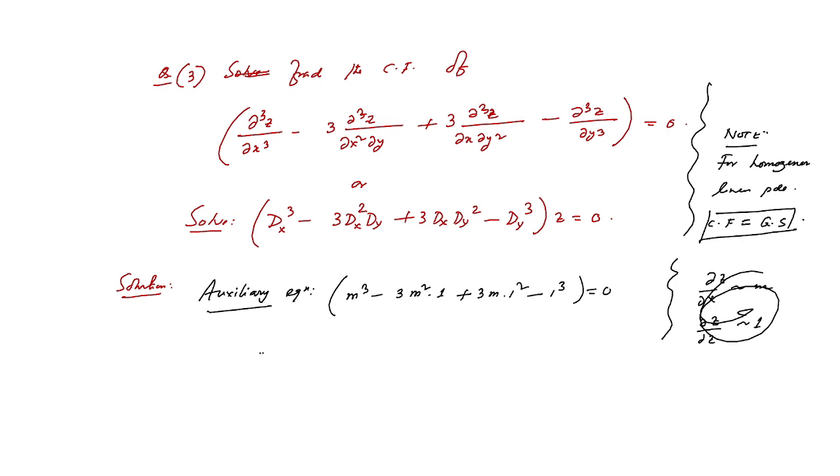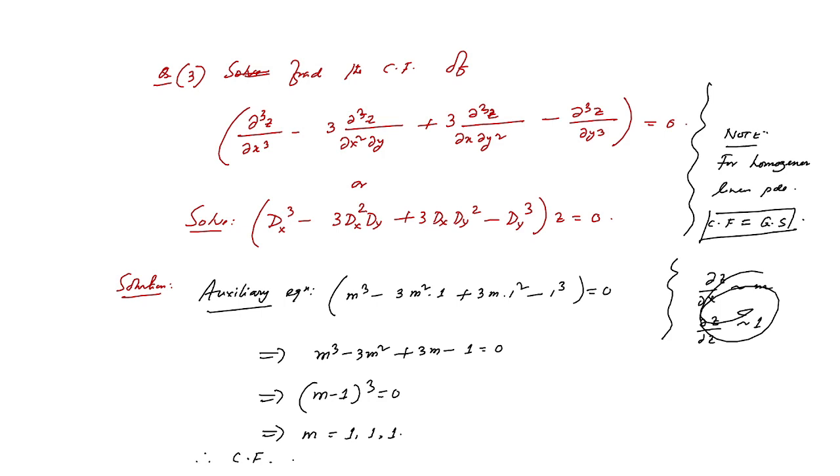Okay. So that we can write m cube minus 3m square plus 3m minus 1 equals 0. That means it will be (m minus 1) whole cube equals 0. That means m is 1, 1, 1. So 1 is a repeated root and it occurs 3 times. So now the question is the complementary function or general solution, we write it as zc equals to,